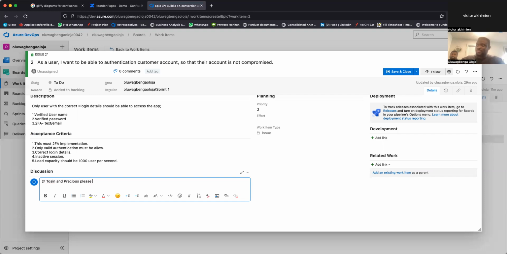We can be in the same meeting like this and be discussing this, and put this note so that they don't forget, or they might not even be here. I've thought about this and written it alone, and I'm mentioning them so they can see it. It's all for collaboration. Please see this ticket and advise.